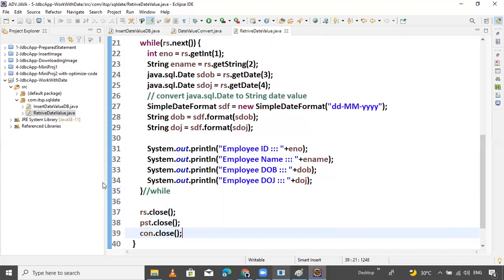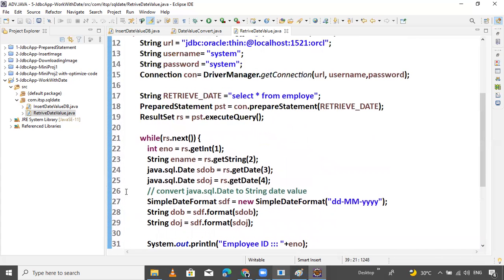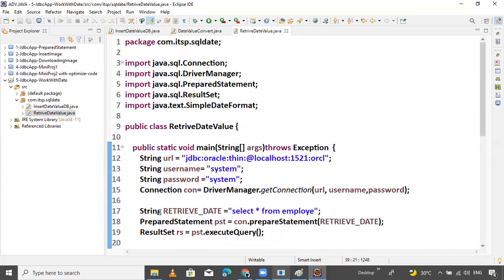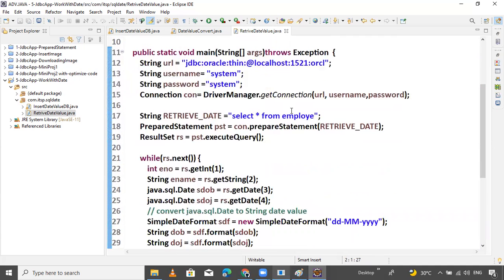That's it. Now let's check whether our data will arrive or not. If we face any type of error, we will resolve it. Just try it. Run.